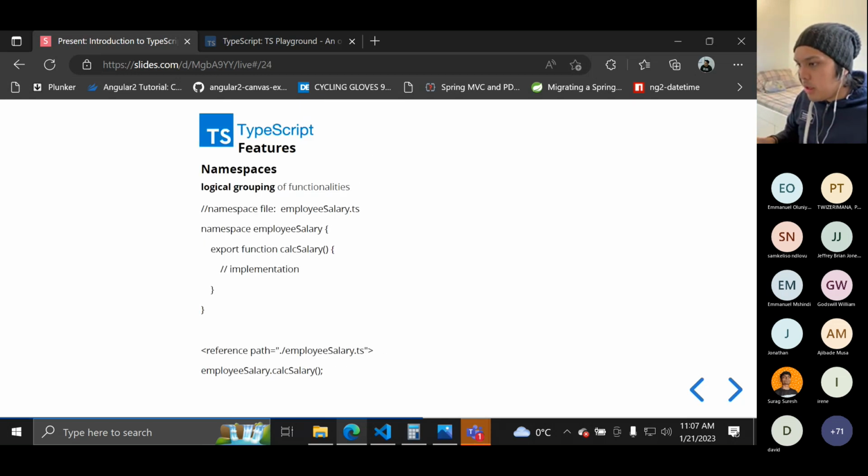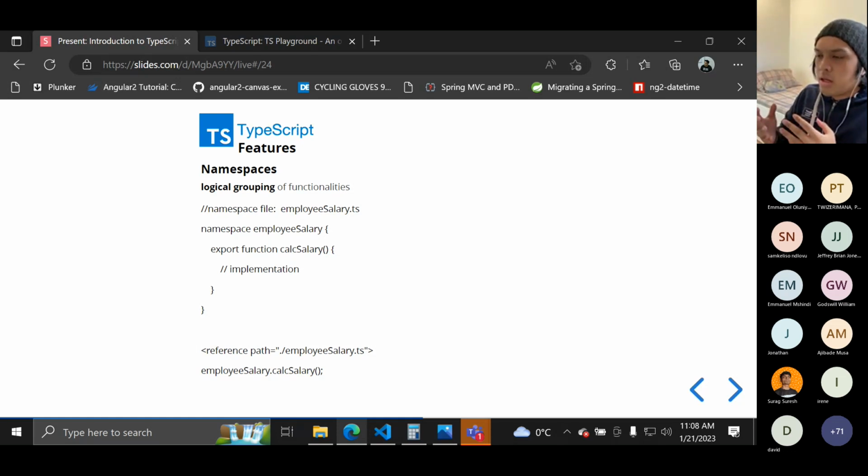Right. Next, we are done with some of the pillars of OOP and some of the basic fundamentals of OOP, such as classes and interfaces. Now let's move on to grouping, or how we structure TypeScript. The first feature is the namespace.